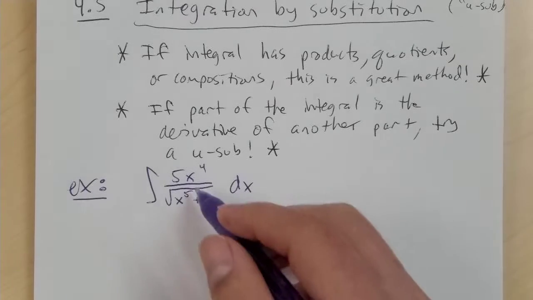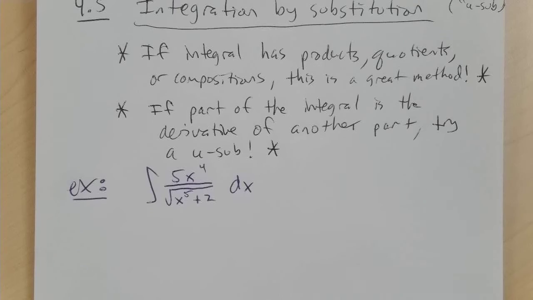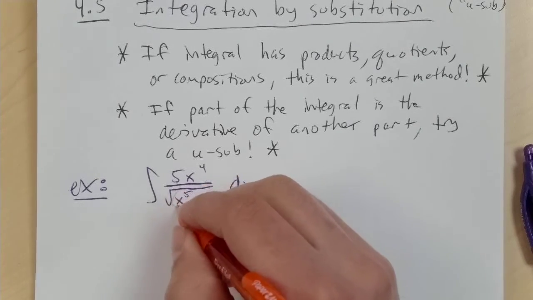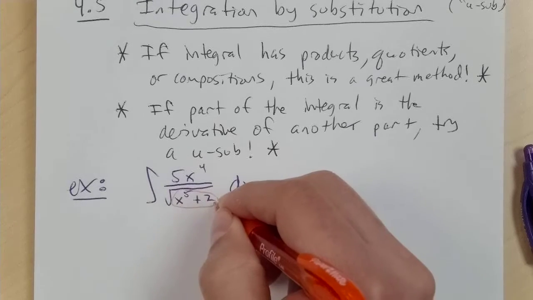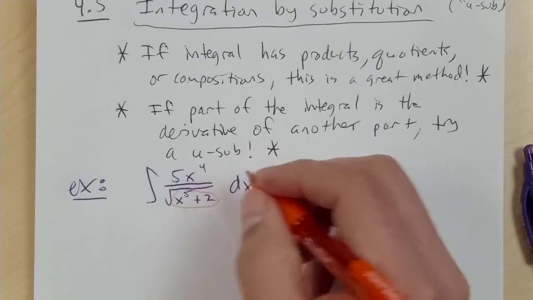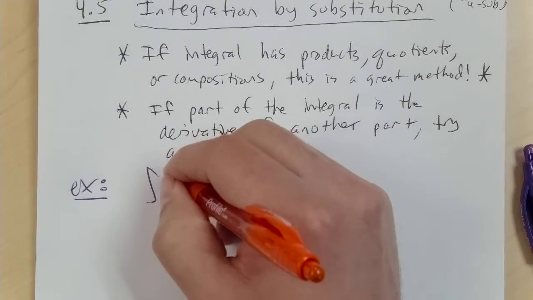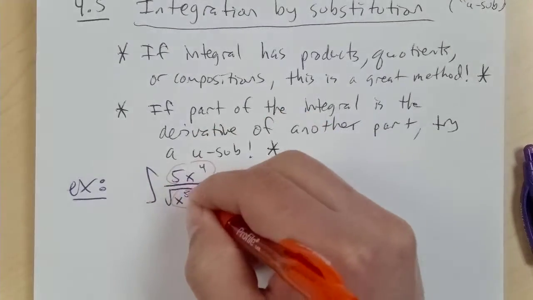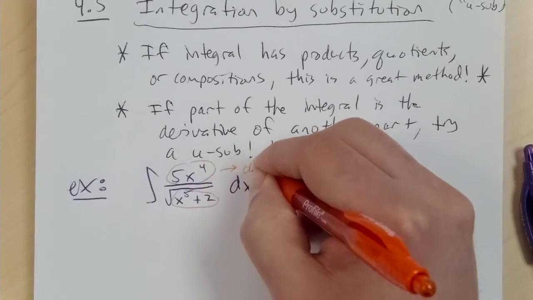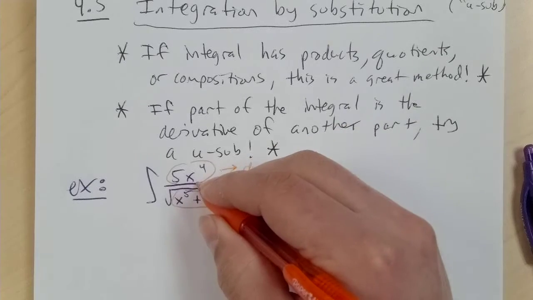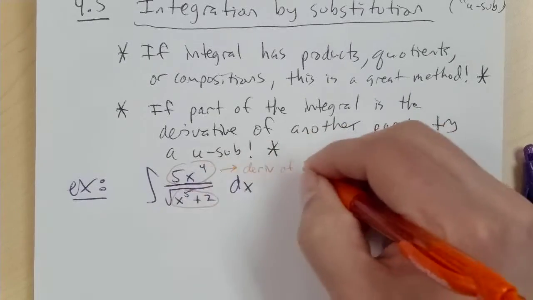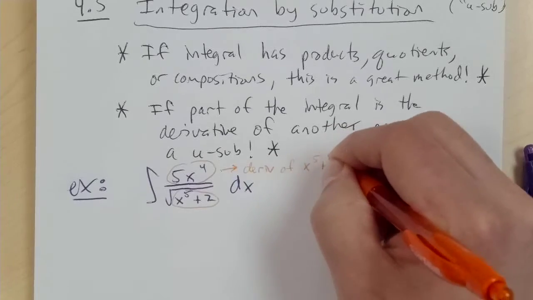So next we see we got a quotient, and also notice that this part, the x to the 5th plus 2, okay, if I were to take the derivative of x to the 5th plus 2, I get 5x to the 4, okay? So 5x to the 4 is the derivative of x to the 5th plus 2,